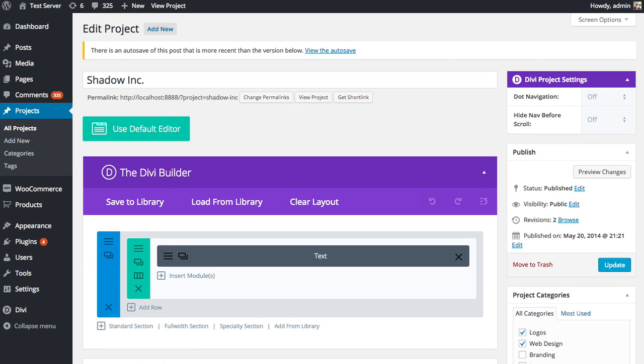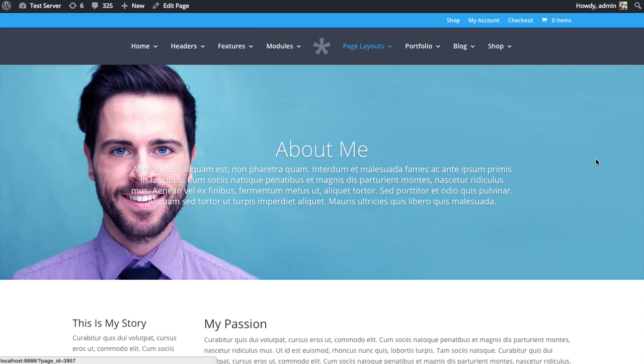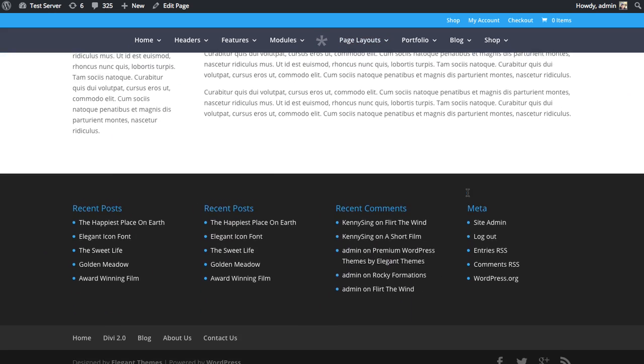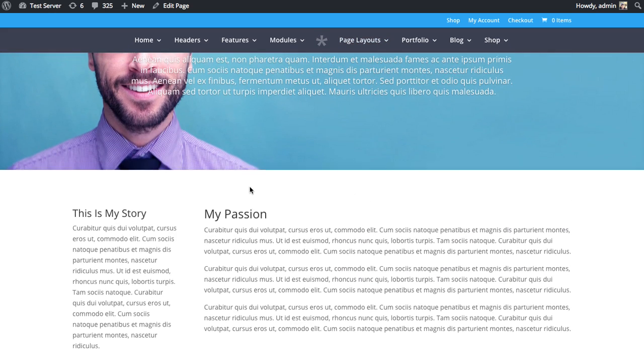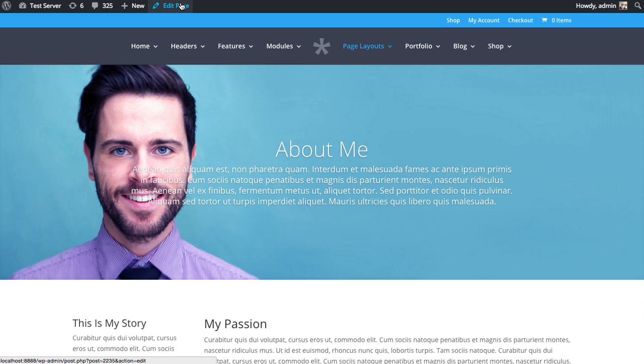So a great way to use the portfolio module would be, for example, if you're an artist and you have an About Me page, you might want to display some of your recent work so that your visitors not only learn about you as a person, but learn about the work you're creating. So I'd like to add a portfolio module to this page at the bottom. So I'm going to edit the page,